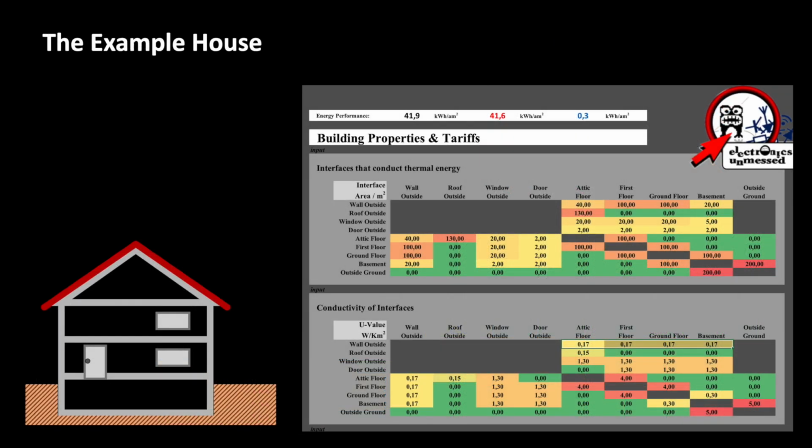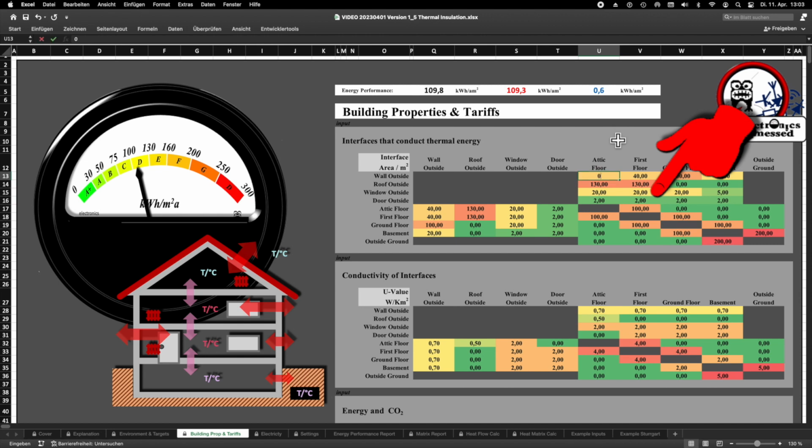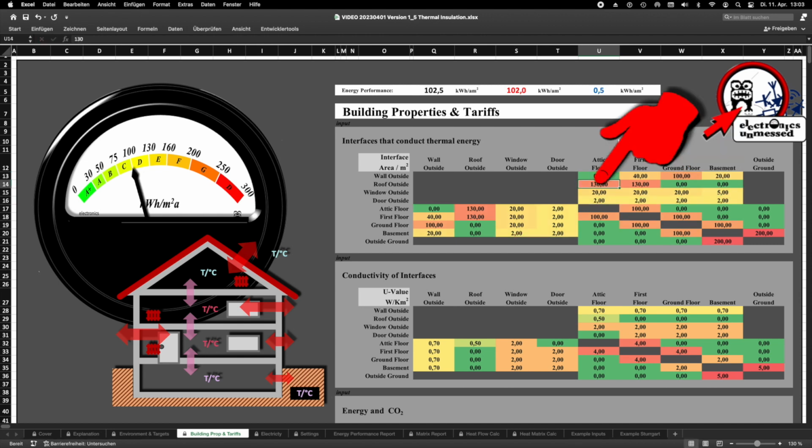Now we come to the other house types. How can you map a house that has fewer floors or no basement? At first glance, the tool seems to be limited to the example house only. A bit of logic will help us here. We just make the first floor the attic. To do this, we take the size of the corresponding areas for the walls, the roof, the windows and the doors of the attic and simply enter them in the next lower floor.